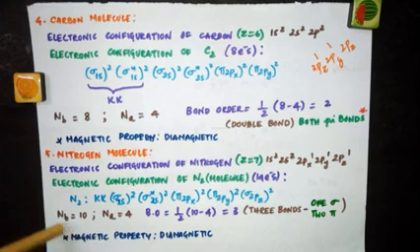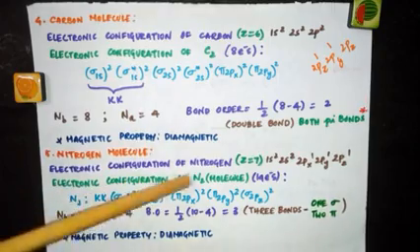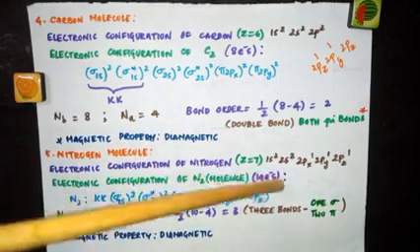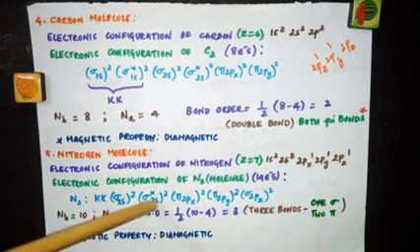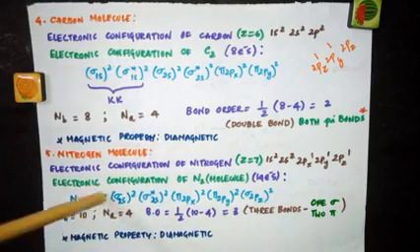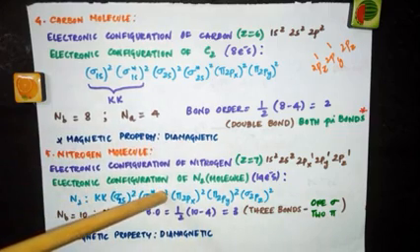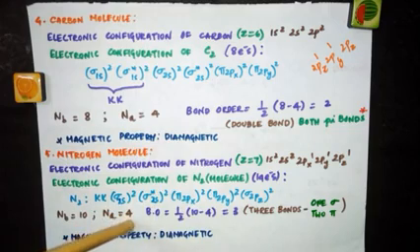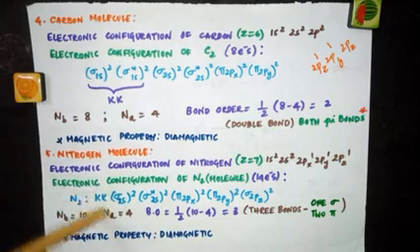Now, how to calculate the bond order? Find out the bonding and anti-bonding electrons. So bonding: 2, 4, 5, 6, 7, 8, and in KK 2 electrons, so totally 10 electrons. Then anti-bonding: 2 from sigma star 1s in KK, 2 electrons, 2, 4. So Na is equal to 4. And the bond order will be half of 10 minus 4, that gives you 3. If you don't want to take the bonding and anti-bonding electrons from KK, then you can count only these, and then also you will get the same answer.